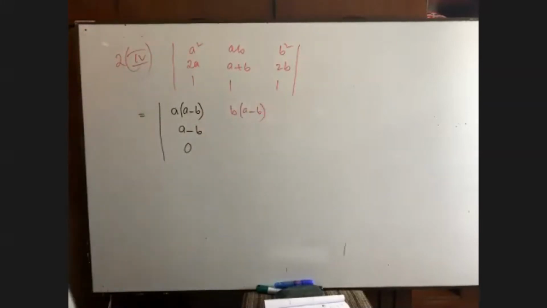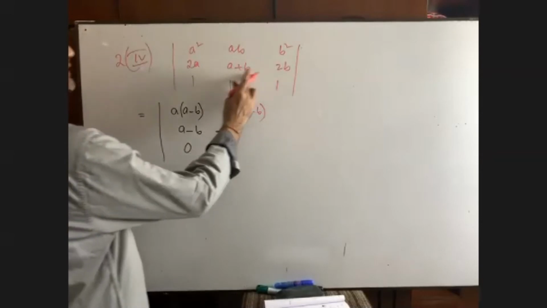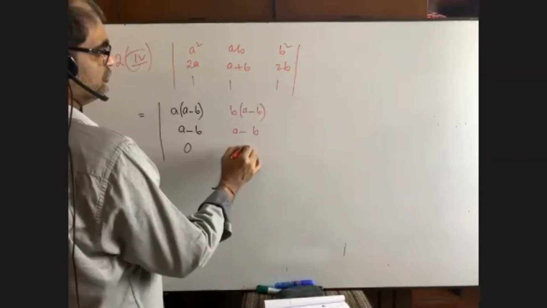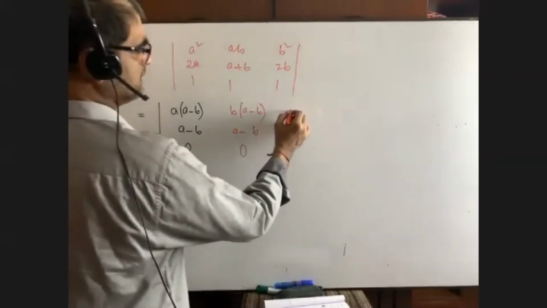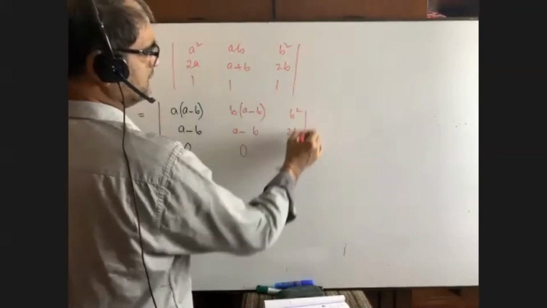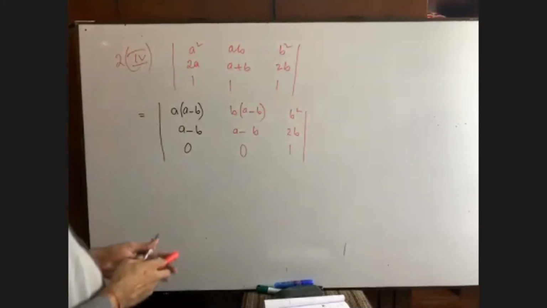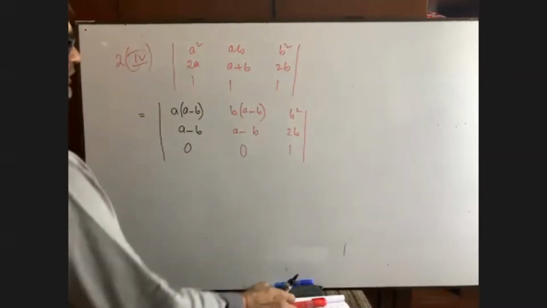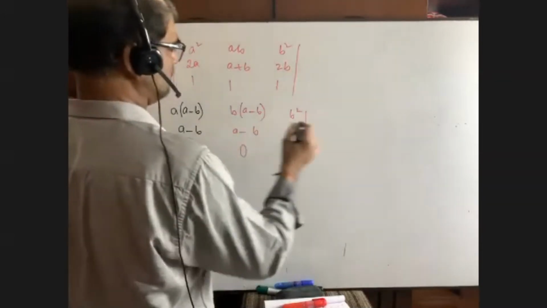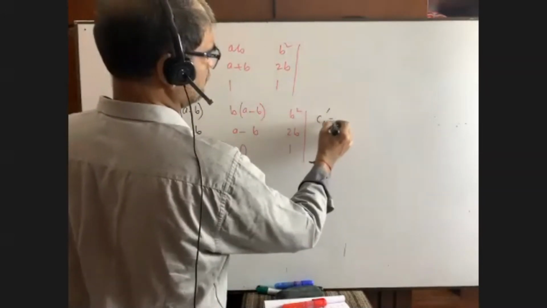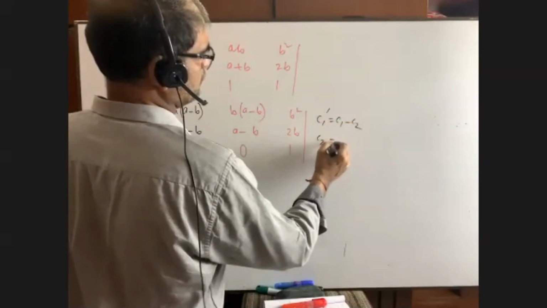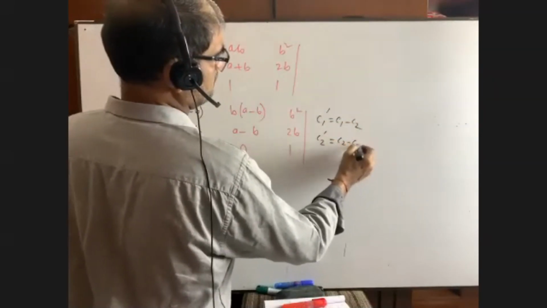Okay. Now in the same way A plus B minus 2B. That is what? A minus B. And as usual it is 0. Always the third will be kept as it is, either it is third column or third row. Now, can you please let me know what operation we can write here? Column to column. So column 1 is equal to column 1 minus column 2. Column 2 equals to column 2 minus column 3.